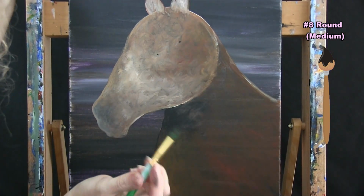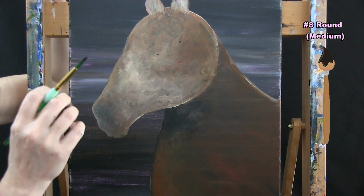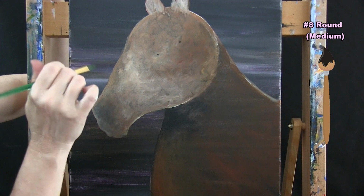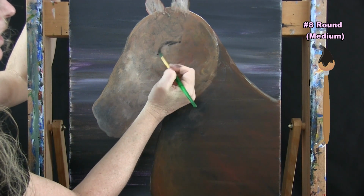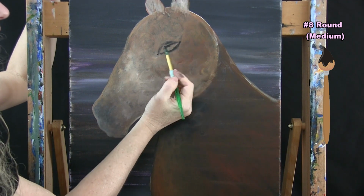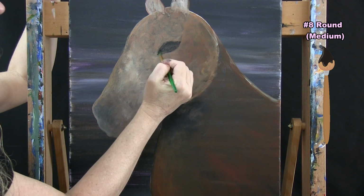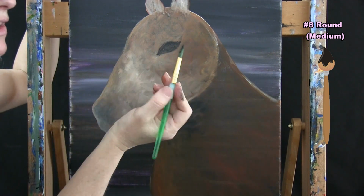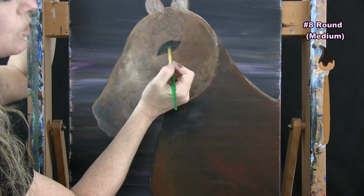And now I'm going to make myself an almond type shape, but I don't want my edges to be really firm. So I'm going to do a soft, out of focus edge to it. I'll show you what I'm talking about. I'm going to put my almond type shape into play, color it in with my black paint, and then, since I don't have much paint on my brush, I'm going to just soften the edges, almost blend it into the